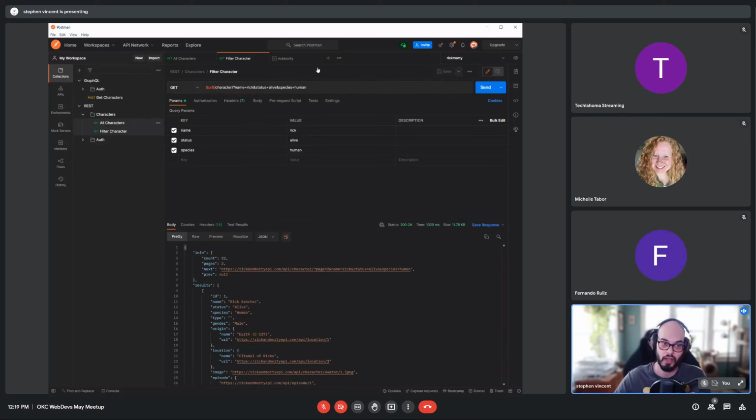So now I could actually go back to my all characters, and I could switch this again right here. And now I'm getting the same information. So now whenever I change my environment, it's changing on both of those. Utilizing your environment and utilizing the variables combined is a very powerful tool. It also keeps things a lot cleaner, and stops you from maybe fat fingering or mistyping certain things within your